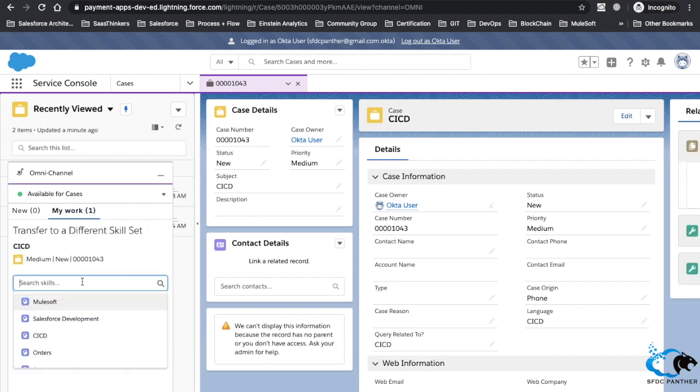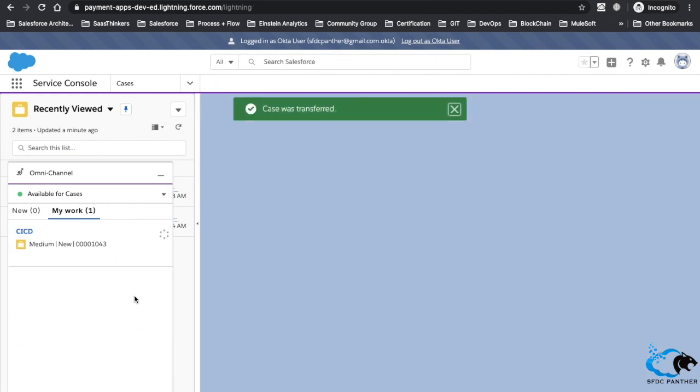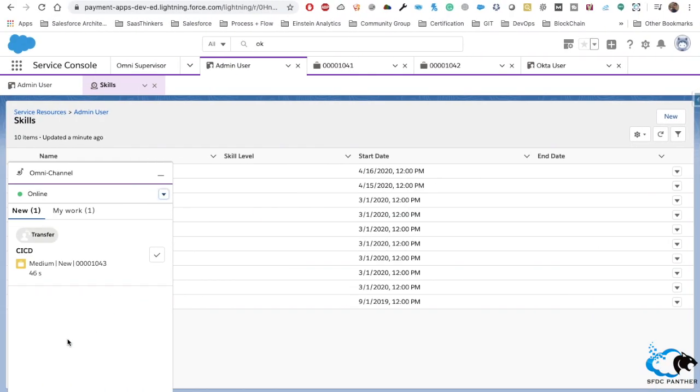Let's transfer this to the skill Salesforce development. Once we transfer, we will get the pop-up saying there is a work item being transferred to me, and the subject is case CI/CD. We have priority as medium, status is new, the case number, and the wait time, and I can quickly accept this.